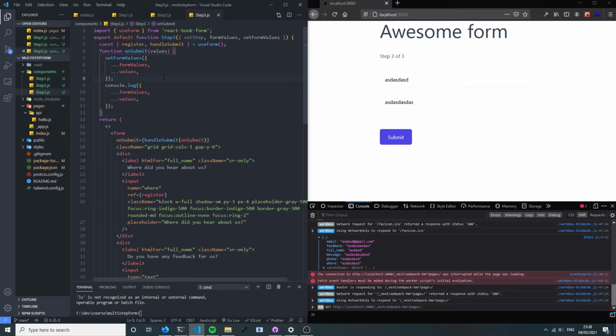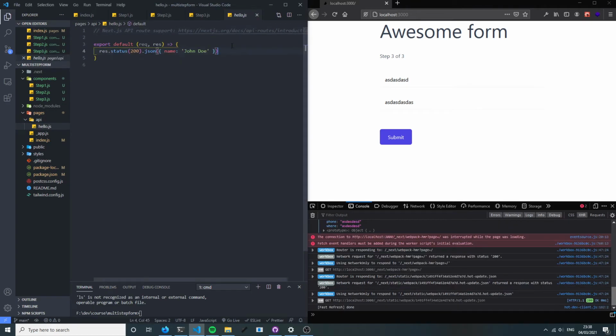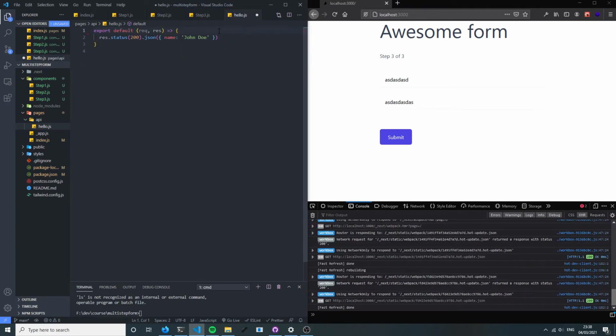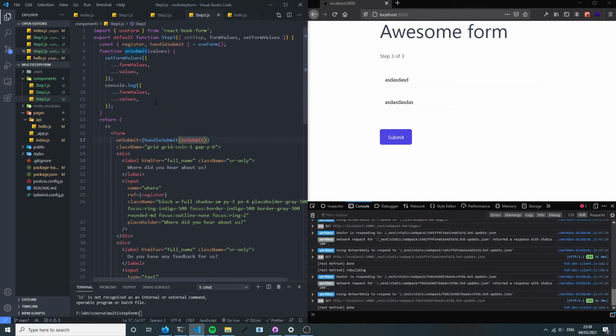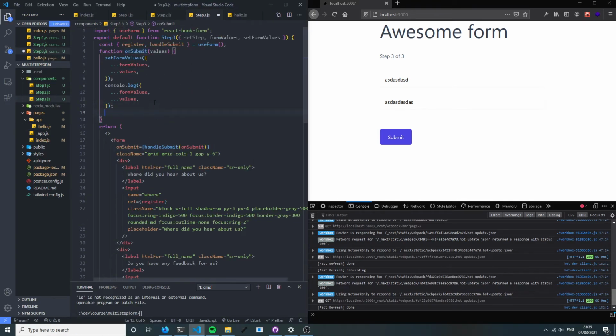Whatever it is that we wanted to do, we could do in this onSubmit function. So if we wanted to, I'll just show you really quickly with an API route. So we might want to say in here, data equals request.body, and then let's console log the data, and then we'll send the data back by response. And then in this onSubmit, we could do,